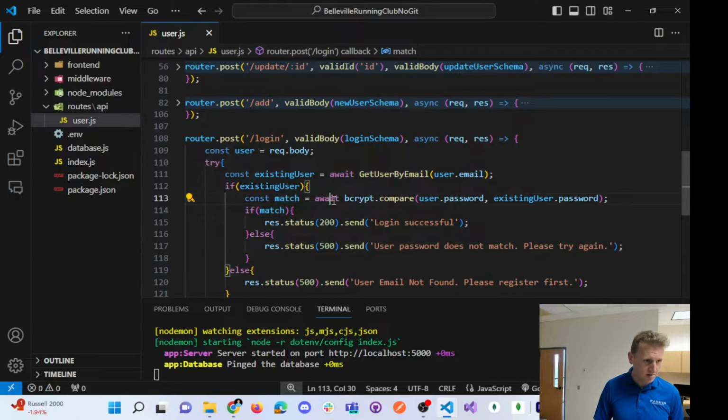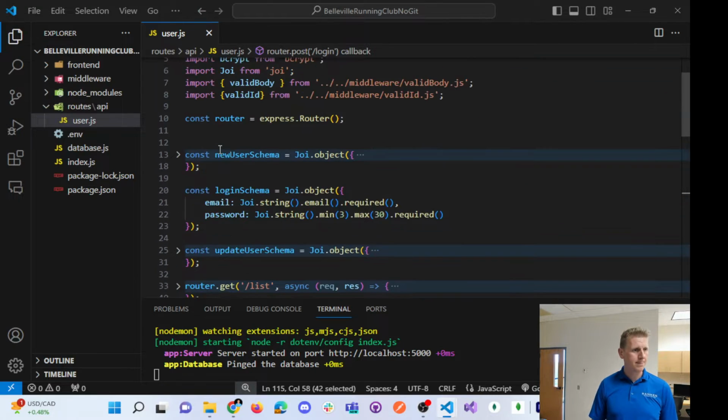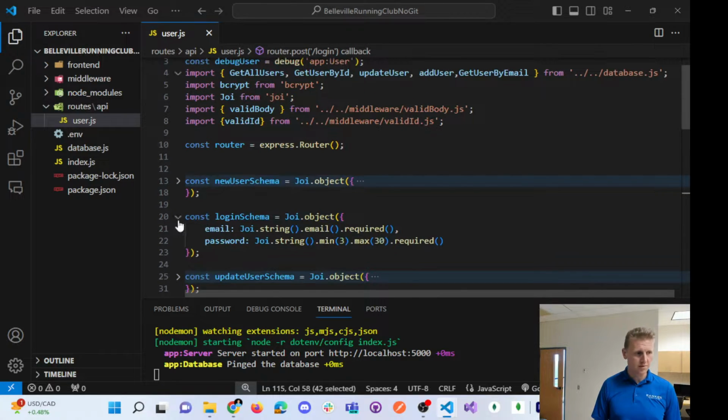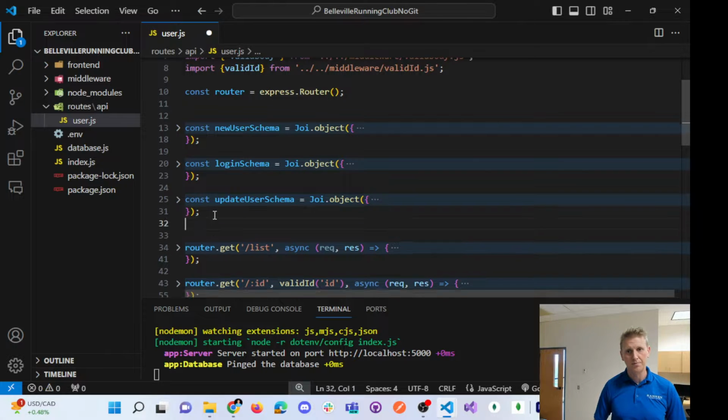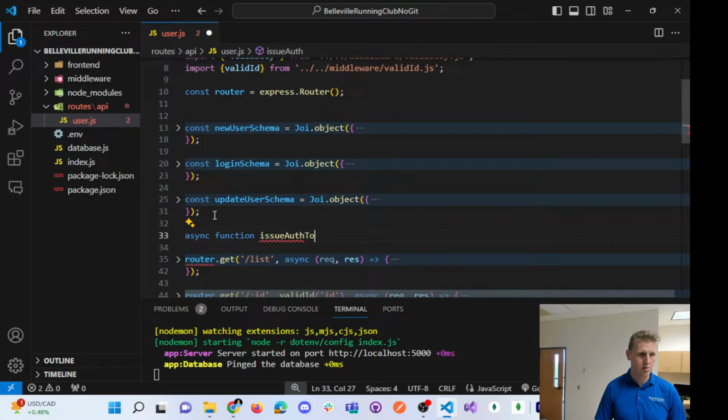Here is where we're seeing if there's a match. So this will return true. If there's a true, we send back a login successful. And we are going to write a function called issueAuthToken. After our schemas, it's going to be an async function. It will accept our user object